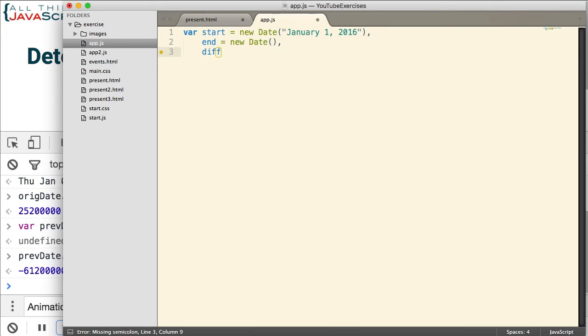I'm going to create a variable for the difference between those two. And then I'm going to create a variable called days. This is going to be the value that we have to divide the milliseconds by to determine the number of days. So if you have something in milliseconds, you'll need to divide it by 1,000 to get the number of